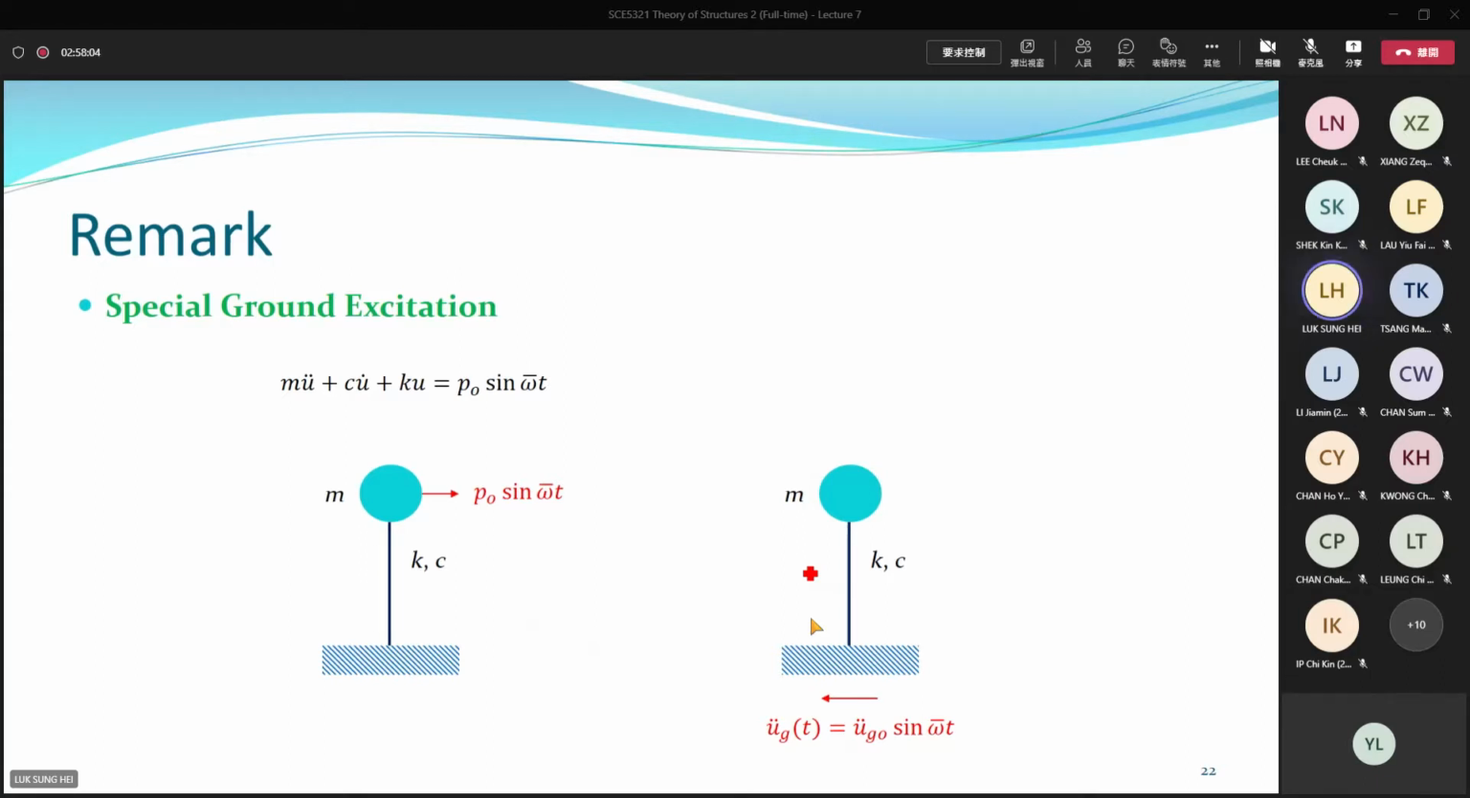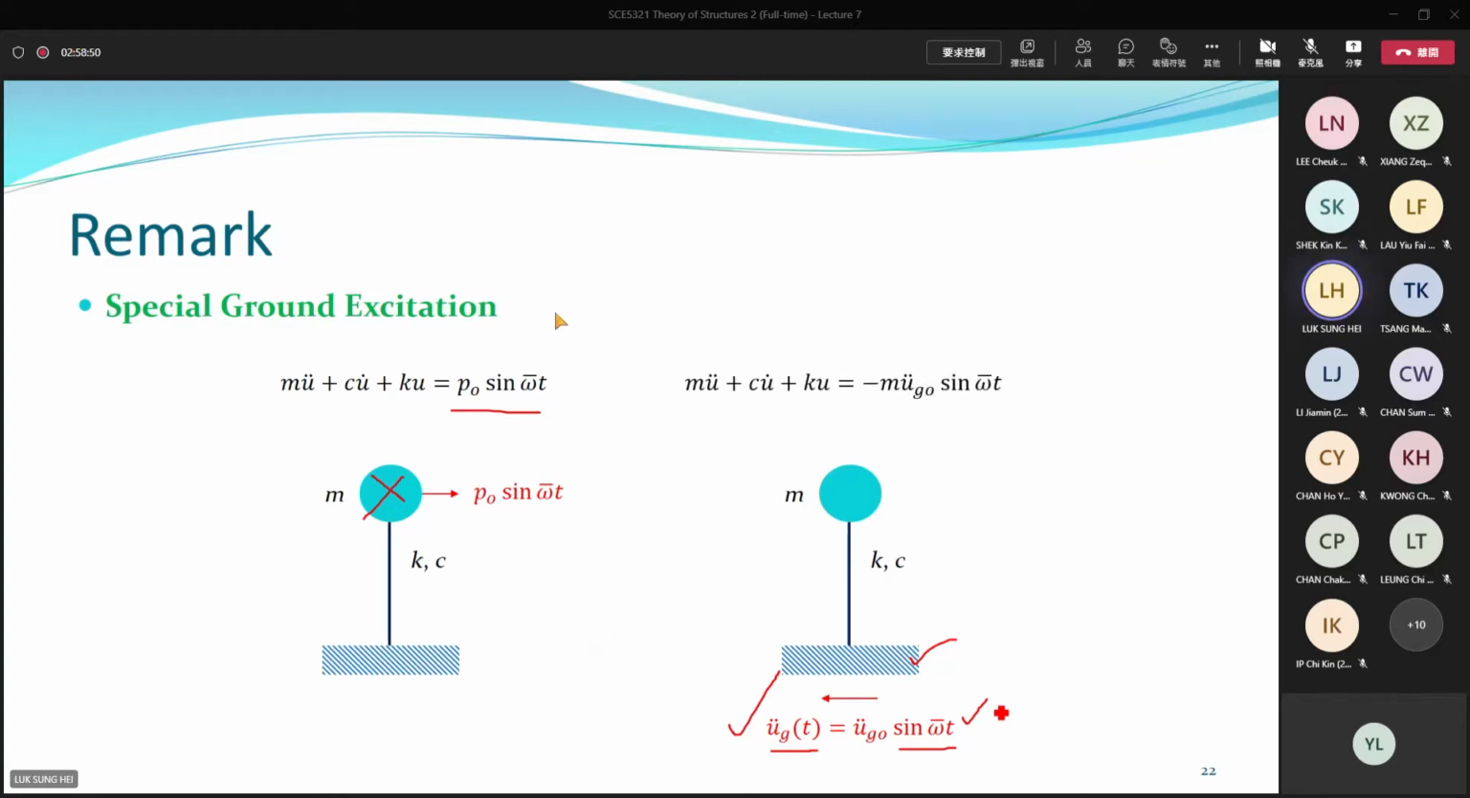One remark. In these sections, we discuss how to deal with structures under a sinusoidal force applied at the mass level. Another situation is structures under a ground motion, a ground excitation. For ground excitations, if the ground excitation is a very nice function, if it also follows a sine function like this, where u double dot g is the ground acceleration, and the acceleration of the ground can be modeled using a sine function,